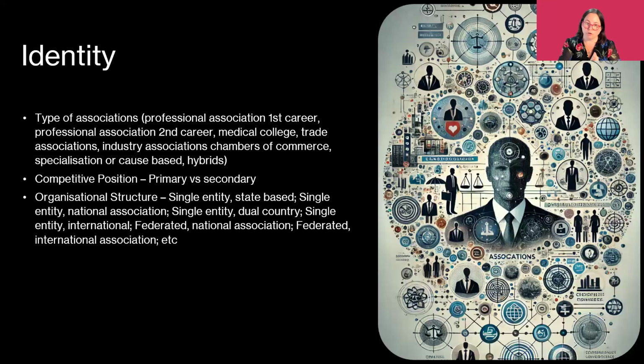While the members of the Sonographers Association tend to be people drawn predominantly from the profession, people who might join ASUM would go from people who run gyms, who use an ultrasound in the gym, through to allied health, through to health. The membership spread for a cause-based or specialisation-based association tends to be quite different as to who they're engaging. So this is a really important categorization to understand. And you'd be surprised how often this is a major source of contention at an association board when they can't actually agree on what they are. Are there hybrids? Yes, but a hybrid is really challenging to execute.